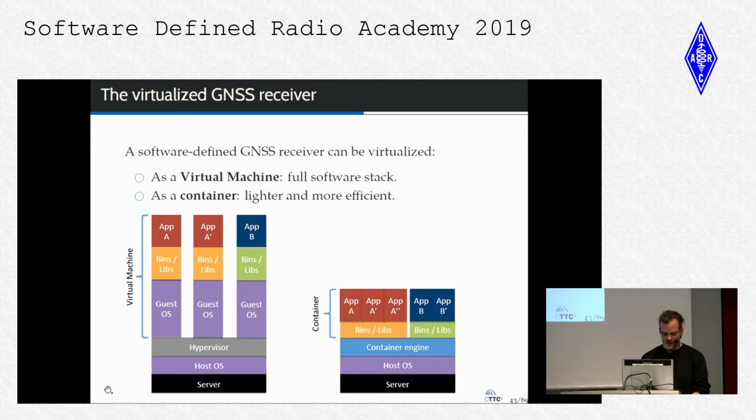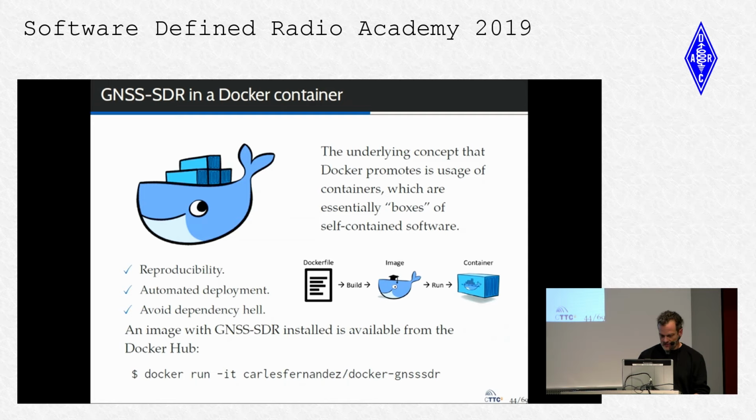There's another one which is lighter, which is this software containerization, in which you have applications, you have the binaries, you have the container engine here, and the host operating system. So here you skip some parts of what a virtual machine packs. So this is lighter and maybe more efficient. You can put more containers in a single machine than virtual machines. So it's quite nice. So this is what we've done with our software. Put it in a Docker container.